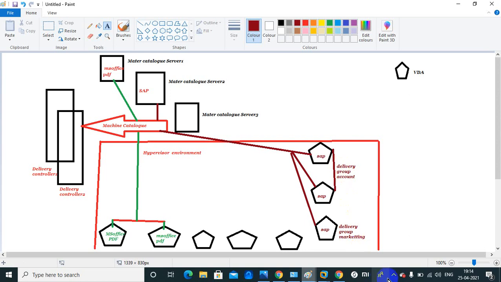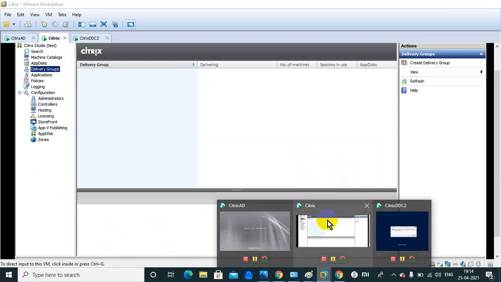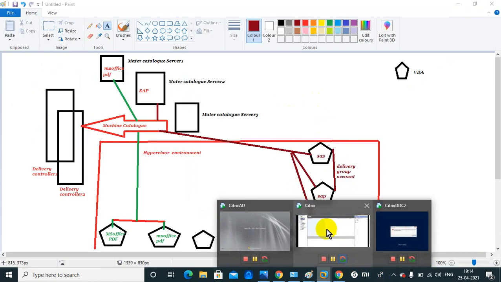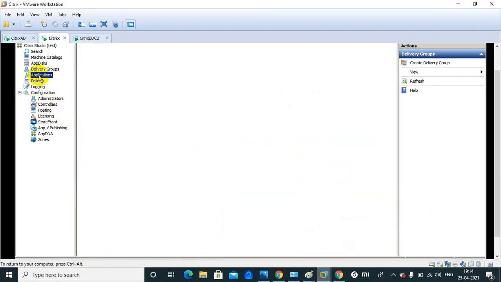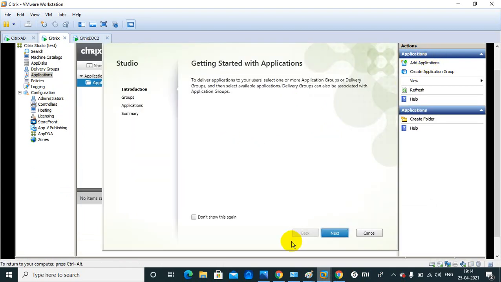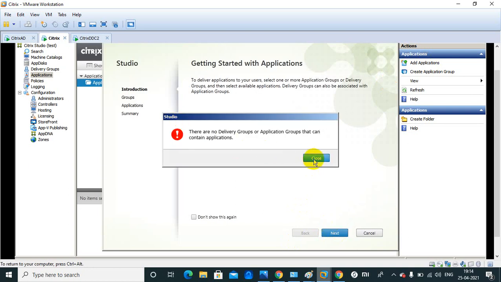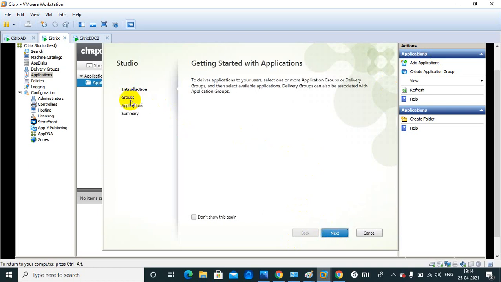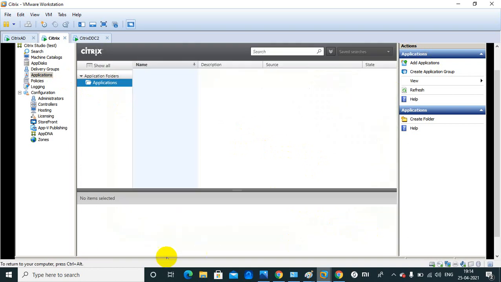Once we create the delivery group, we have an option to create applications or desktops. The application option is here. Once you click, you will get Add Applications, and it is the same process as 6.5. First it will call the delivery group and then it will create the applications from there. In the application section we need to provide the application path and the exe path.